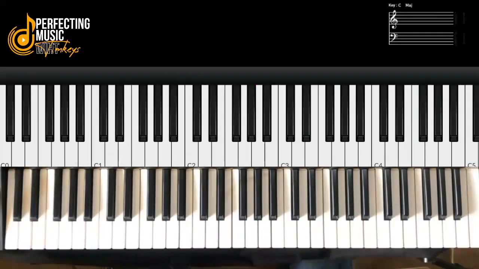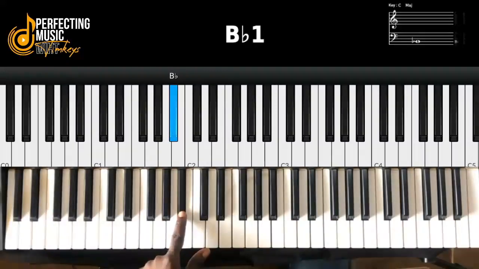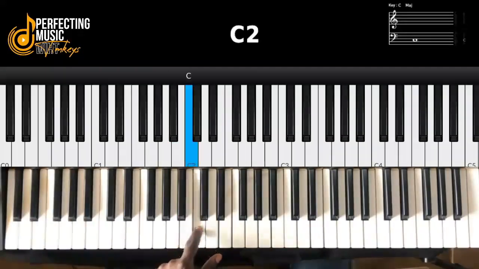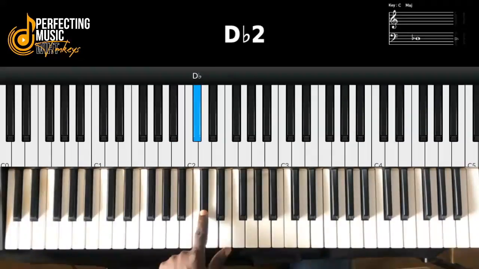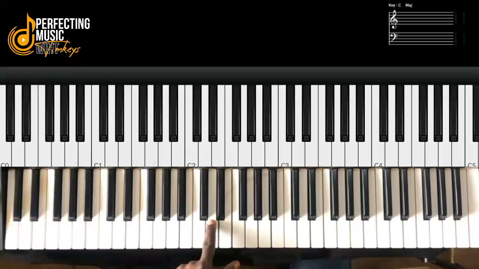Now, because these accidentals have 2 names, depending on where you're moving, it is either a sharp or a flat. Now when you look at this, it's a B flat. So it's both A sharp or B flat. You go to that, this is called D flat or C sharp. When this note lowers a note in front, it is called a flat. When this note raises a note behind it, it's called a sharp.